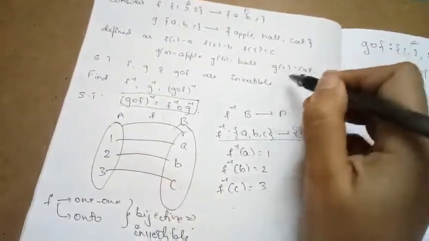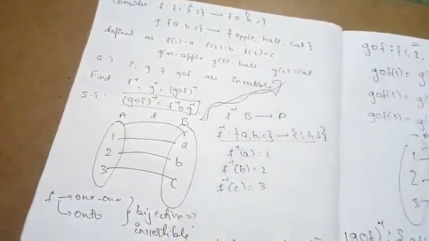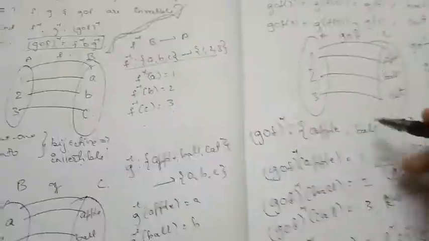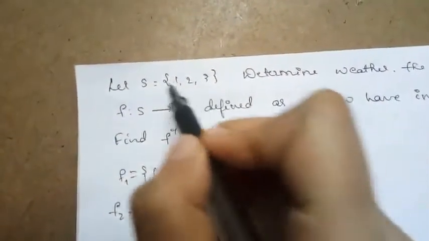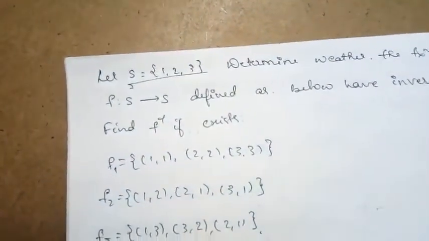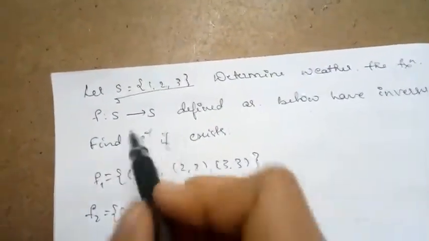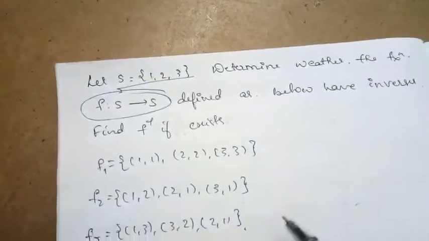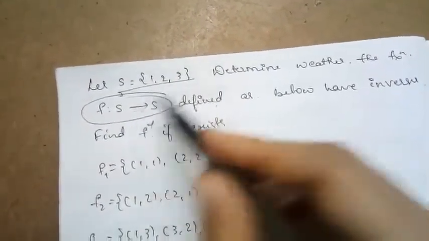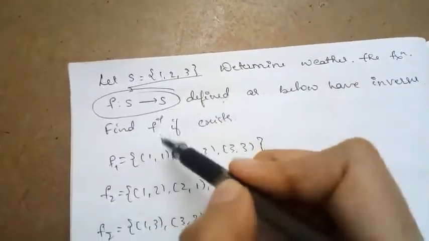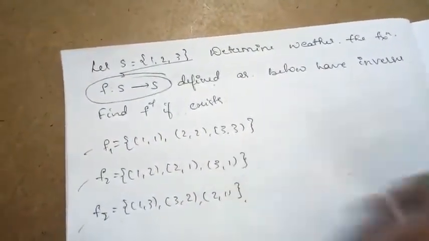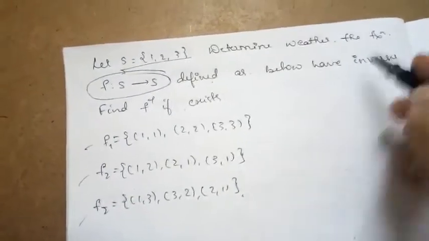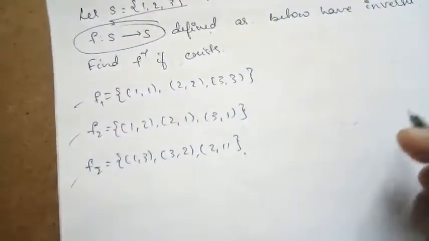So this is regarding this whole exercise, where all the three parts we have proved with the help of this mapping diagram. So here is one of the questions. They have defined the set S is equal to {1, 2, 3}, and the function is defined from set S to set S itself, and they have given 3 random examples. We need to check whether the inverse exists for these defined functions. Suppose the inverse exists, it means we need to find the inverse.